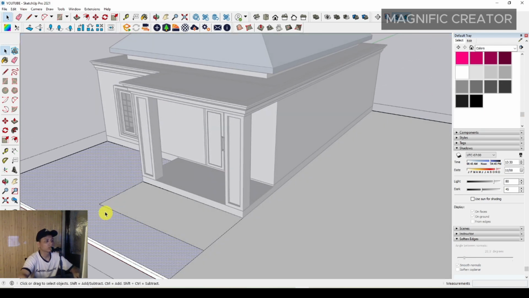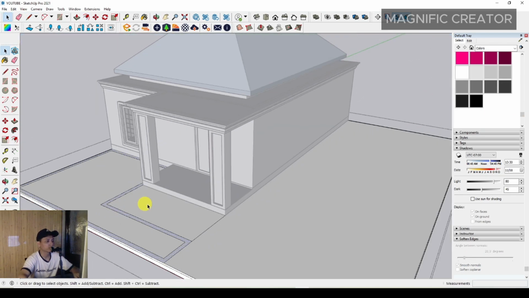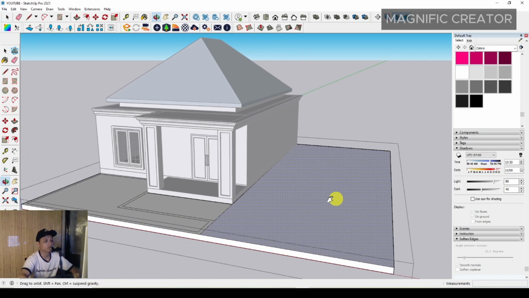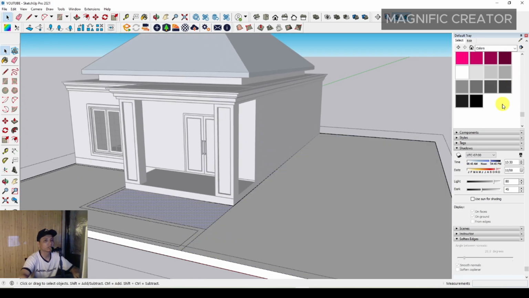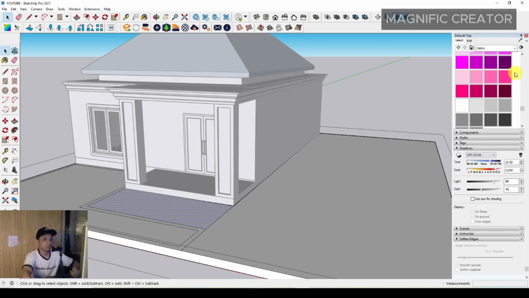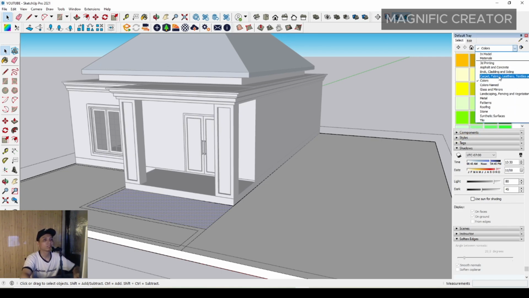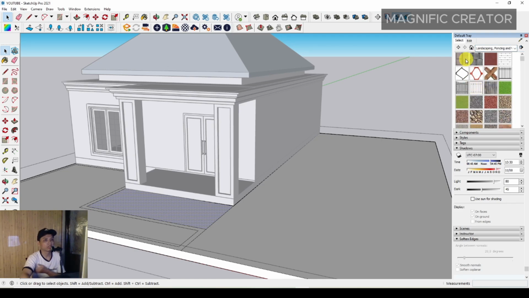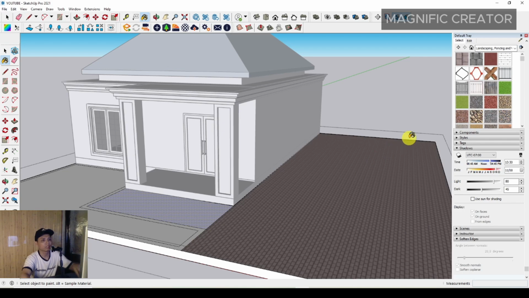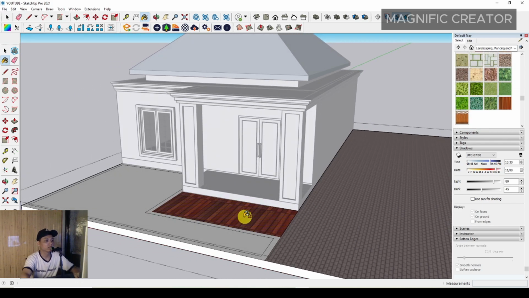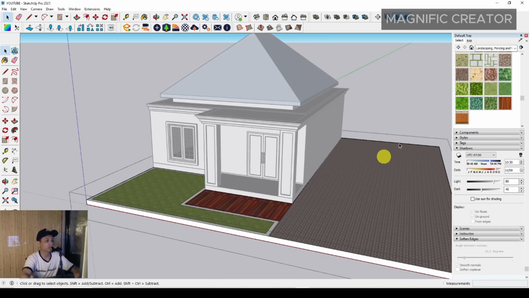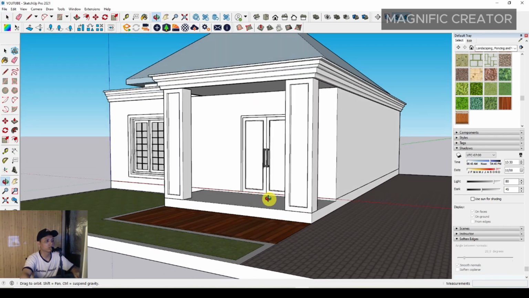Okay, and then we can set this to the grass material, and this is for carport, and this is for outdoor hardscape. We can set the material with the landscaping. Maybe we can adjust it with this material, and this is with the material, and this is with the grass material, so we can see it. And after that,